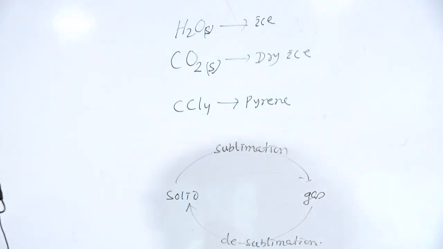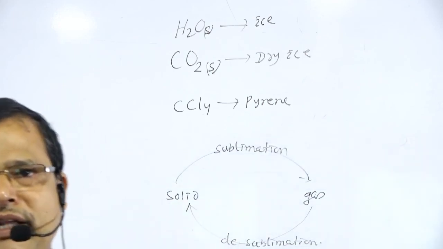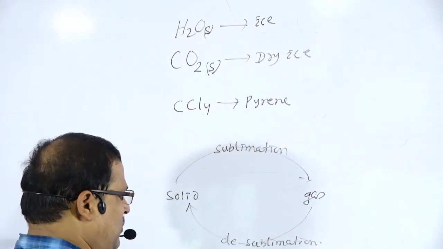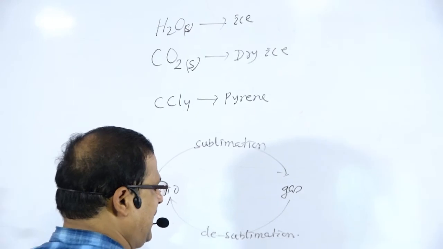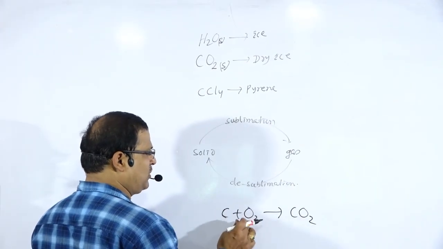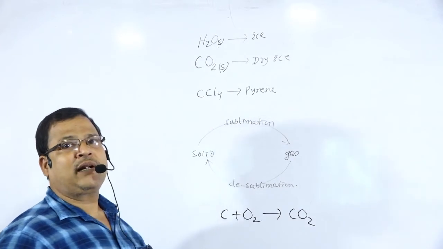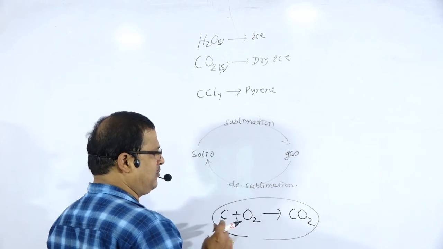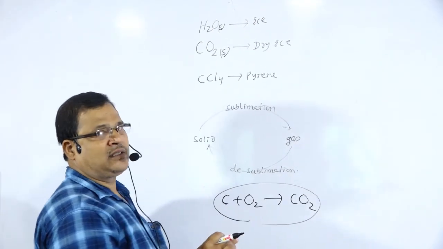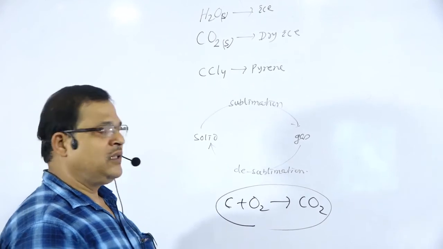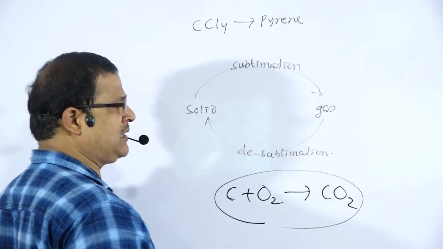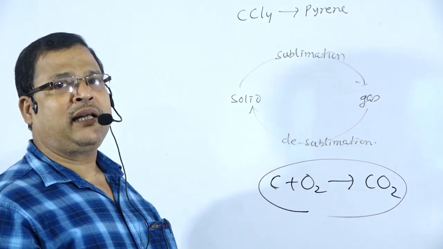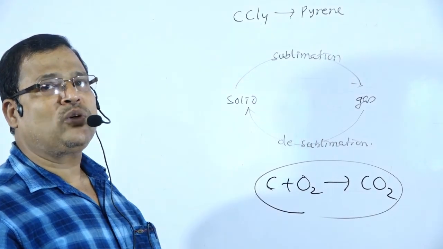For example, burning of coal: carbon burns with oxygen to form carbon dioxide. That is an example of chemical change. Burning of coal, burning of marsh gas CH4, cooking gas, are all examples of chemical change. Ripening of fruit is a chemical change. Melting of ice is a physical change, because there is no composition change.